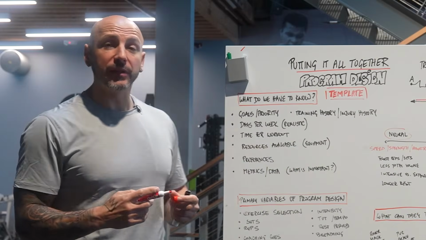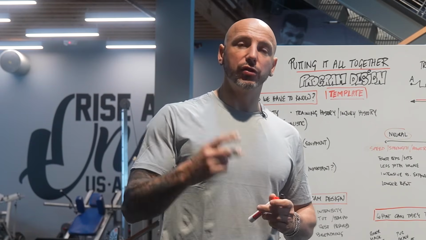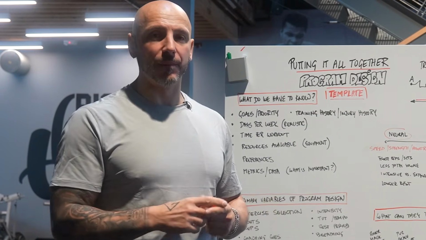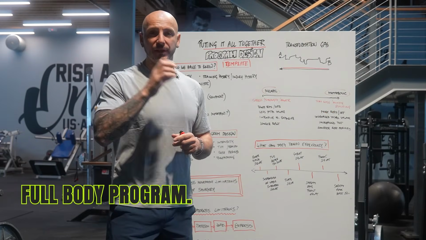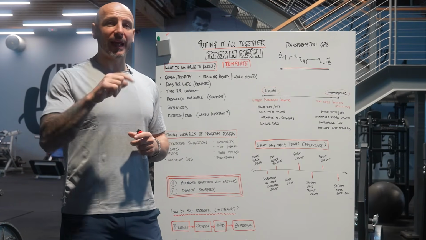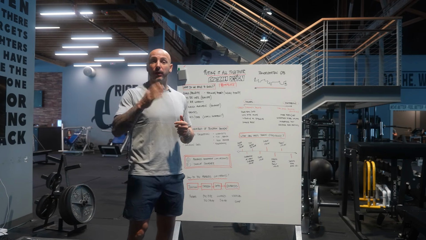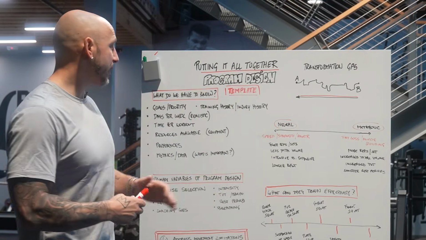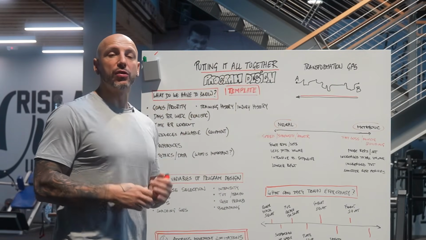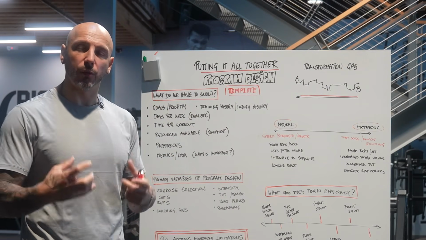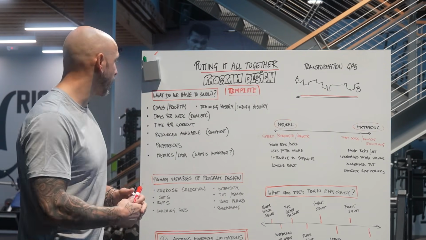And I've done previous videos where I talk about how if they're a 2 times a week client, we have AB, and it's going to be a full body program. If it's a 3 times a week client, it might be ABA, it might be ABC, so full body workouts. It might be lower, upper, full. And so you have your templates that you can fit in based on the person, based on what they want, based on what their lifestyle is, and so on and so forth. So what do we need to know?